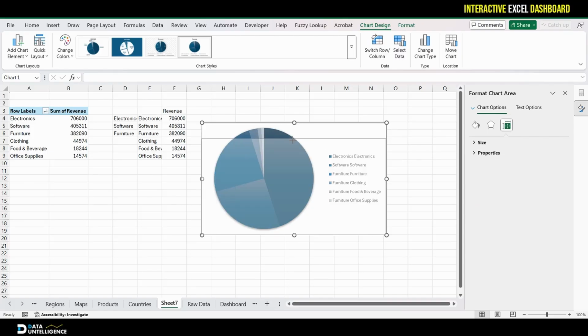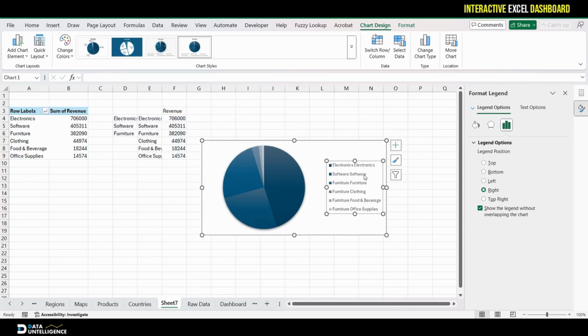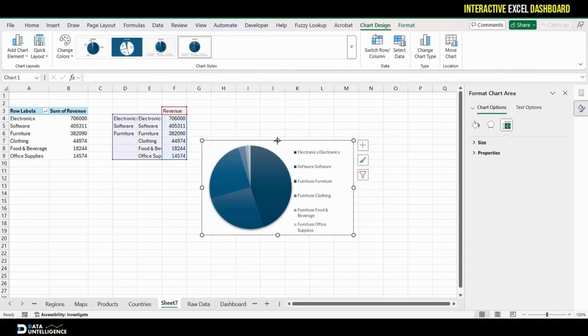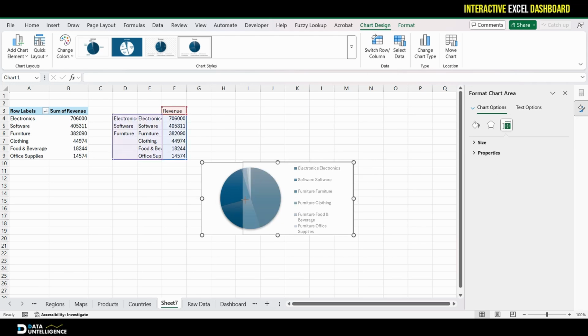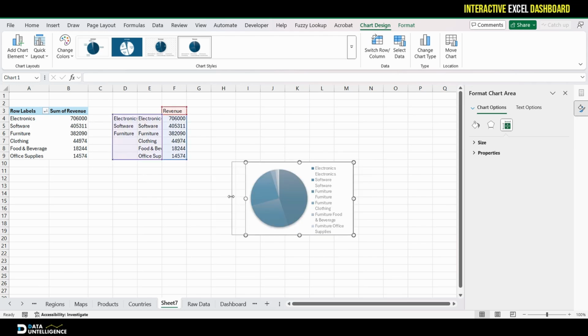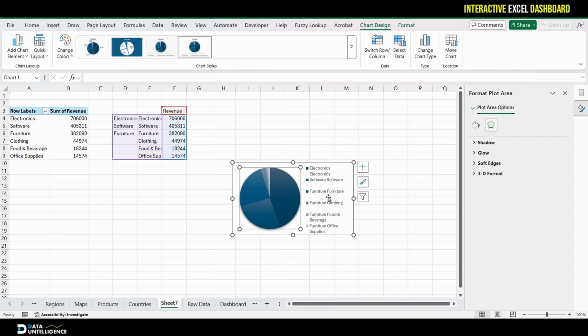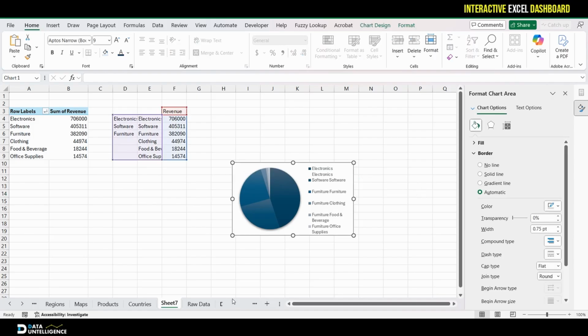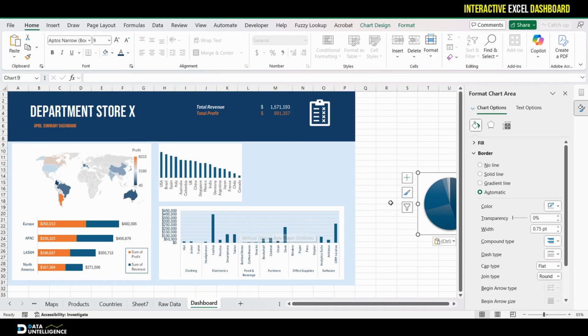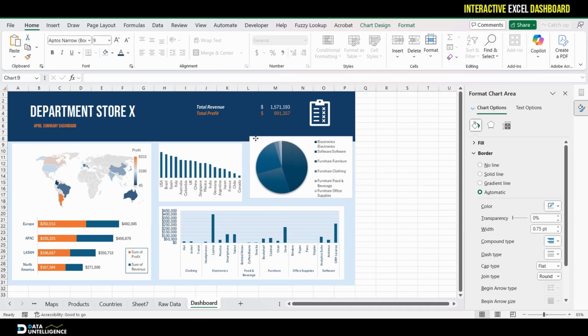And now we have our pie chart. I'll just slightly update this, make it a little bit smaller so we can fit it onto our dashboard. So let's do that. Takes a little bit of mucking around, but once you get it, it should be fine. And we'll copy that, Control C, and put it into our dashboard. Control V. So now we've got all of our charts into our dashboard,